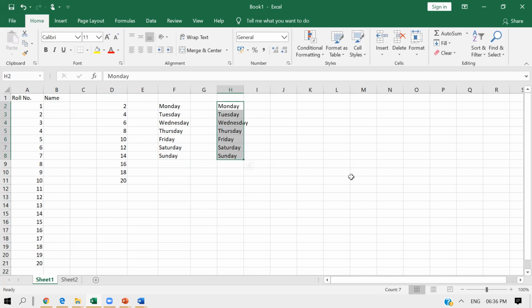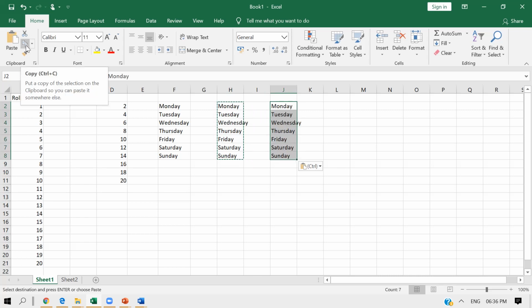If you want to copy your data, select the data and click on this copy button. Do you see the copy button there? Click on this copy button, go to any place and then click on this paste button. So here you have cut, copy and paste. And the keyboard shortcuts are: for cut we have Control X, for copy we have Control C, and for paste we have Control V. Okay, good, great.